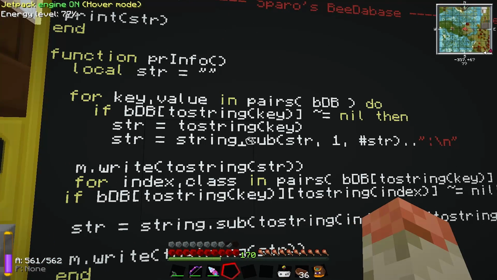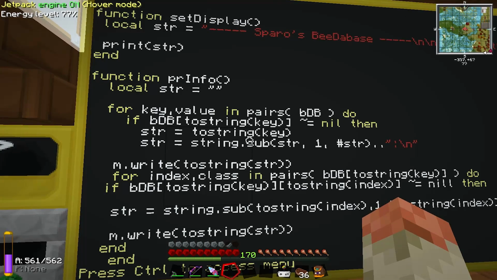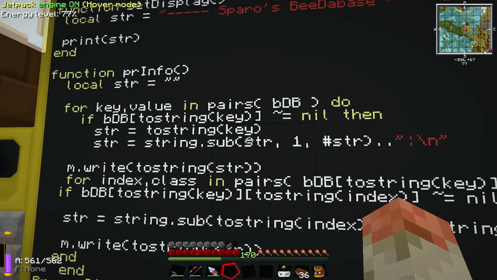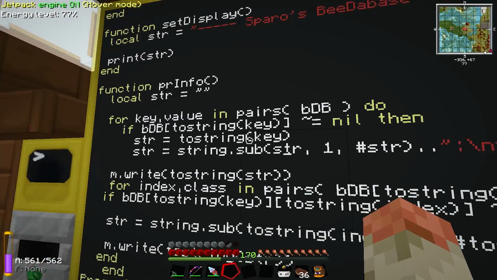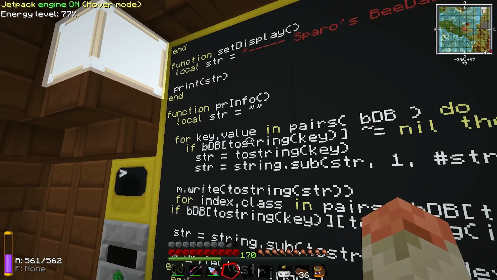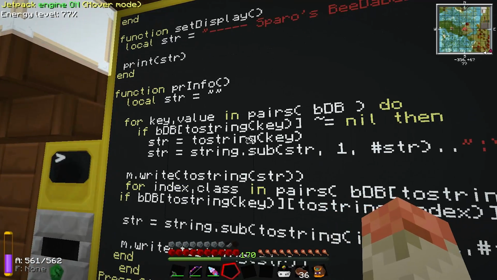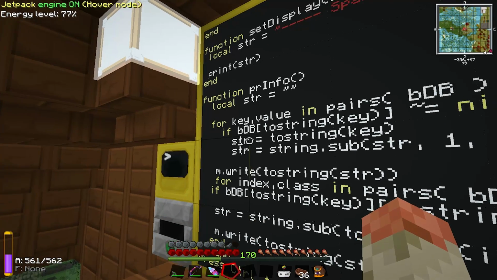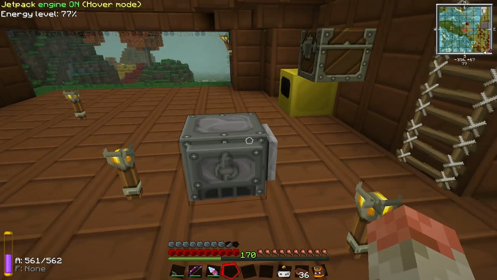This is called a substring. And what this is basically doing is it specifies the string that you're wanting to sub, which is str, because we've set the species name here, because that's the index of the database, if you remember. So this is now equal to, we'll say Valiant for now. But if you'll recall,